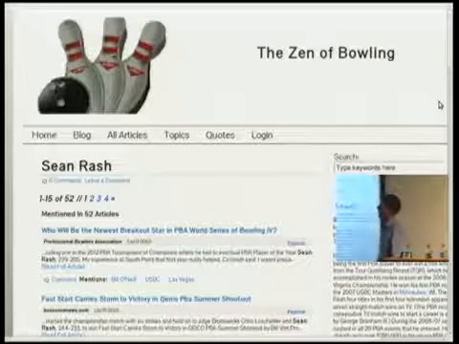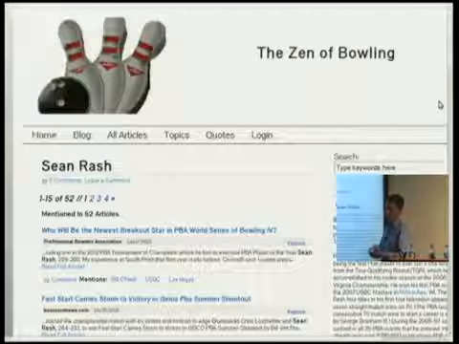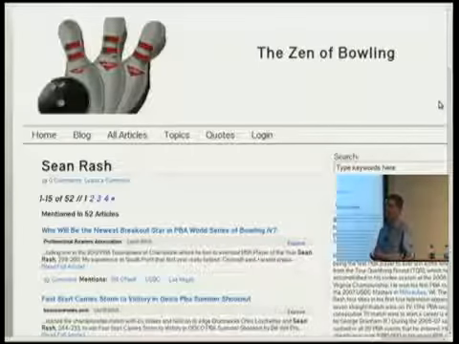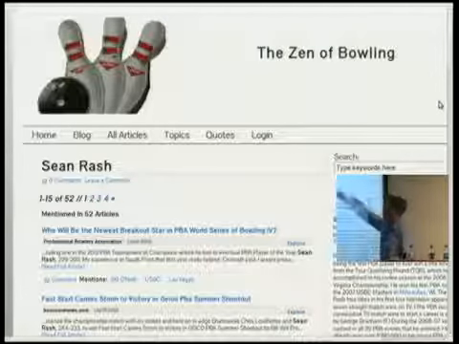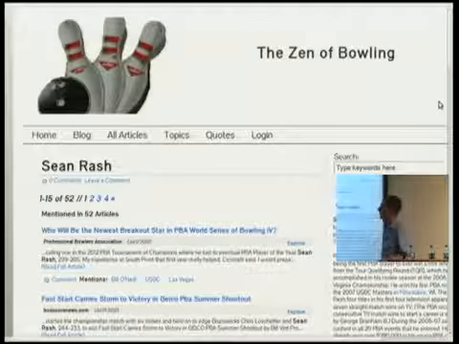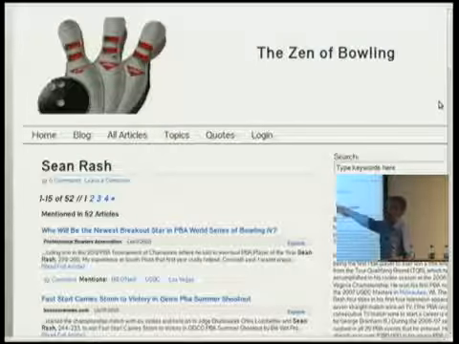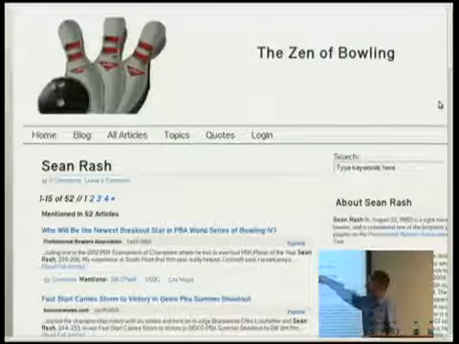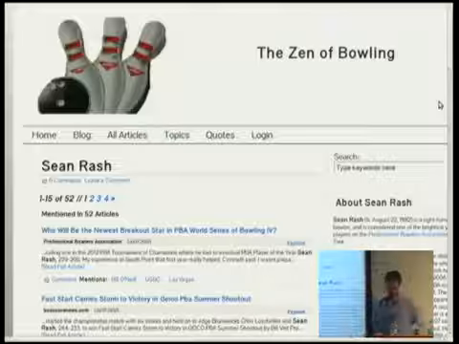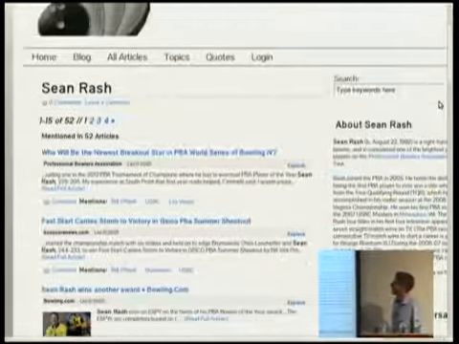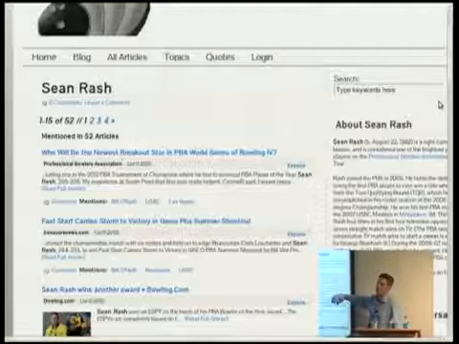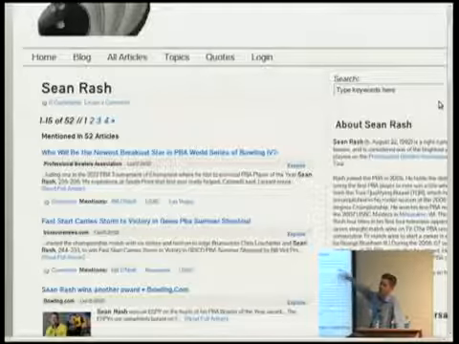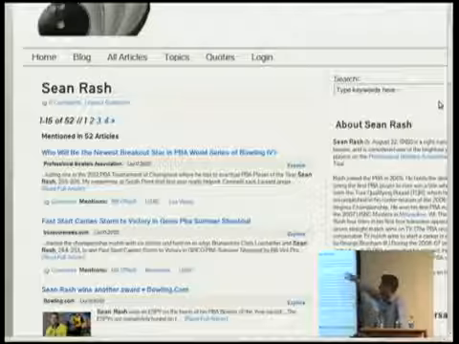I follow bowling, and since the product is geared towards marketers, we make it really, really easy for them to find stuff and organize it. This is Sean Rash as a bowler. This is every article I've ever indexed that mentions Sean Rash. And once I say Sean Rash as a person, all kinds of things happen automatically. It fetches his Wikipedia profile. It says, did you mean the swimmer, the bowler? And I say the bowler, and all this gets imported.